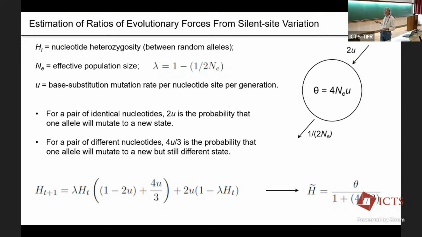The formula has got this other term down here, 4 times theta, making it a little messier, but usually we ignore this term here. And the reason is because theta is typically much, much smaller than 1. So as a first approximation, the standing level of heterozygosity is equal to this quantity theta. So that means that if you can measure standing variation at silent sites in populations, you can equate it to this quantity here. So that's the good news. The bad news is this is the ratio of 4 times the effective population size times the mutation rate. So if you want to get an estimate of NE, you need to know what the mutation rate is, and then you can factor it out.